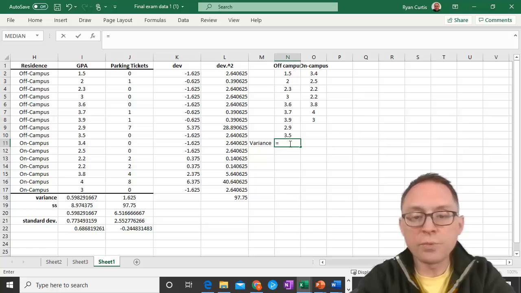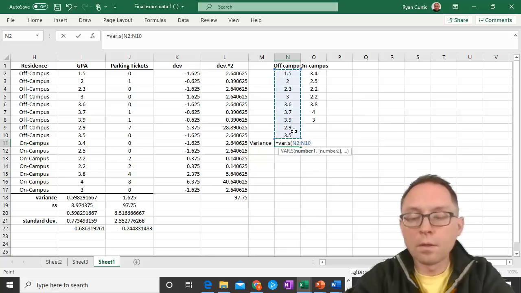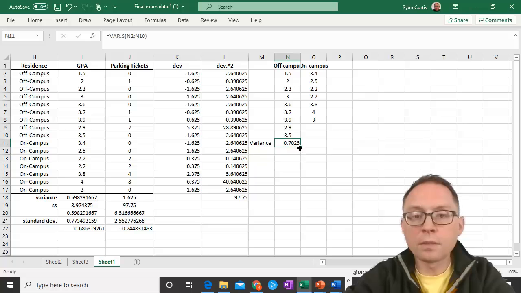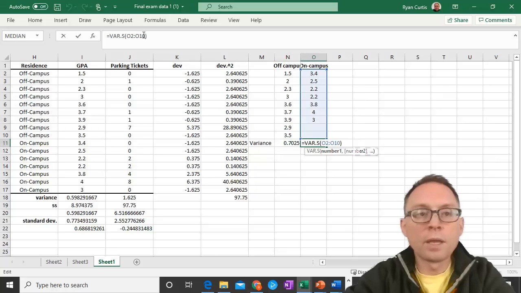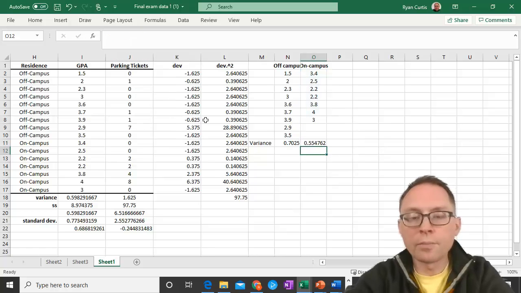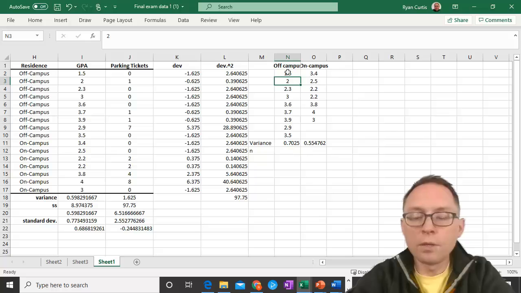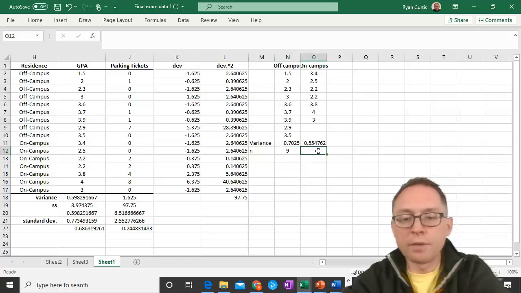This you can calculate the old-fashioned way, or you can do var.s, which is the variance of a sample. Okay, that's the variance that I want. And then this one, let me just make sure that it's not messing up by giving us extra. So I don't want 010, I want that to be 08. That group. Okay, good. N for each group is going to be, let's count them, 1, 2, 3, 4, 5, 6, 7, 8, 9 for this group, 9 for this group, and this is going to be 7 for this